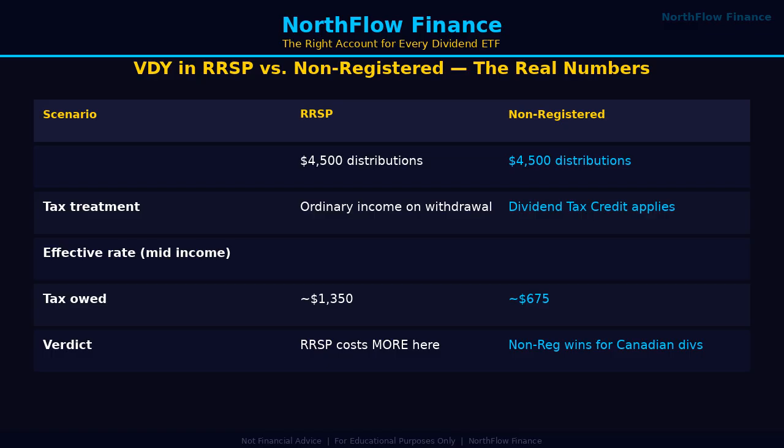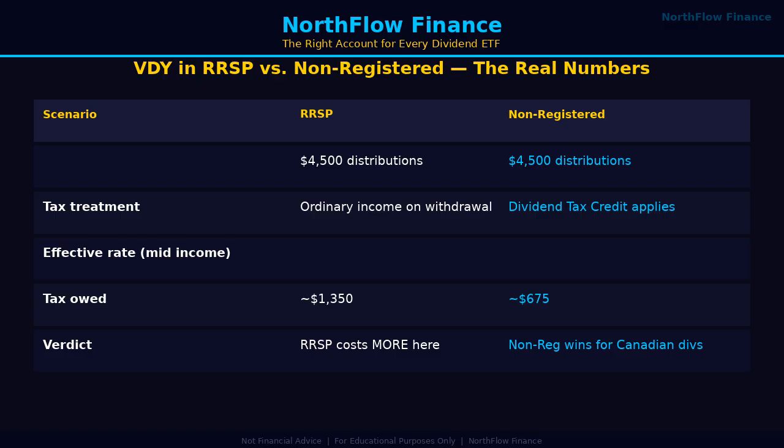When you hold those same ETFs inside an RRSP, the dividend tax credit disappears. When you eventually withdraw from your RRSP, every dollar comes out as ordinary income, taxed at your full marginal rate, which might be 30, 40, or even 50%. Let's make this concrete. You hold $100,000 of VDY in your RRSP. It pays approximately $4,500 in distributions this year. When you withdraw that money in retirement at a marginal rate of 30%, you'll pay about $1,350 in tax on